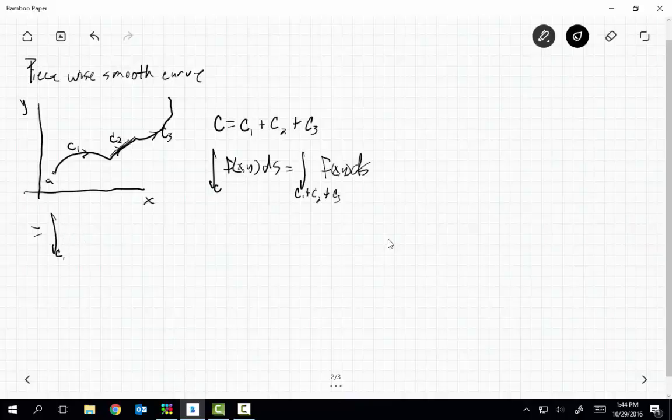I apologize. That's just dumb of me. This is C1 plus the integral of C2 plus the line integral of C3. All right? Which is pretty useful. That's super helpful. Now, the reason that we have to define this sort of piecewise smooth curve is because, particularly